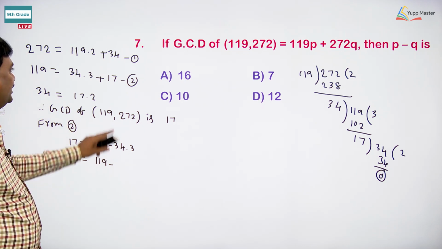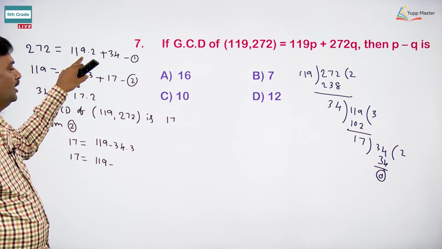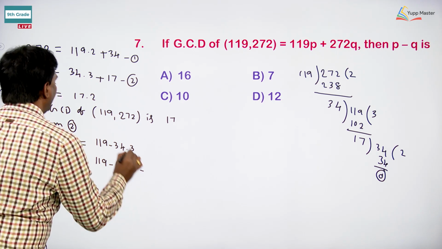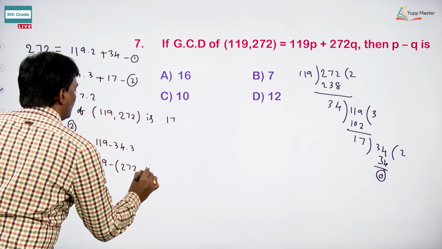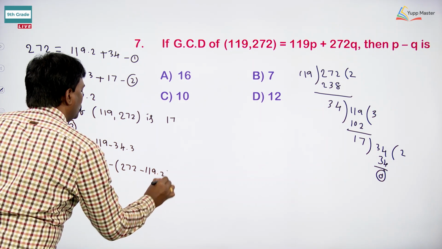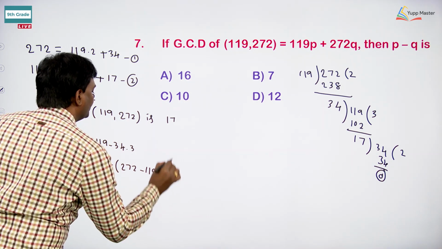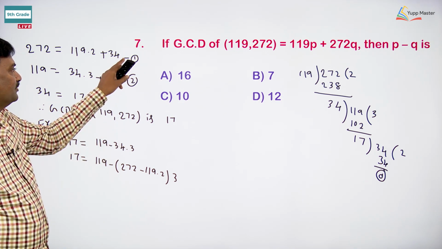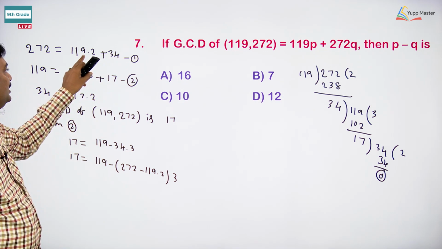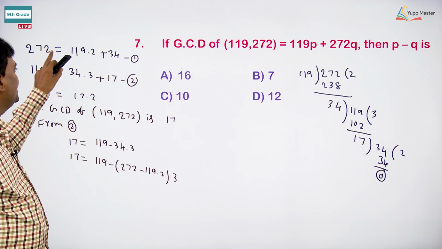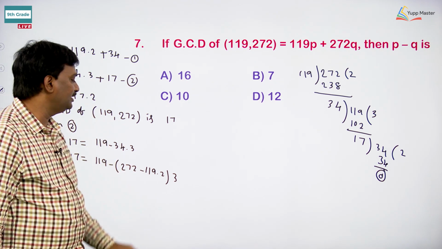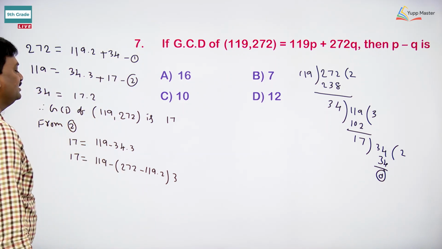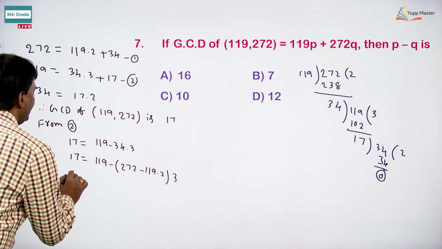So here, in place of 34 from equation 1, we can write 272 minus 119 into 2, into 3. So 119 minus 34 into 3: in place of 34 from equation 1 we can write, by taking 119 into 2 to this side, 272 minus 119 into 2. So by simplifying this we will get 17 equal to